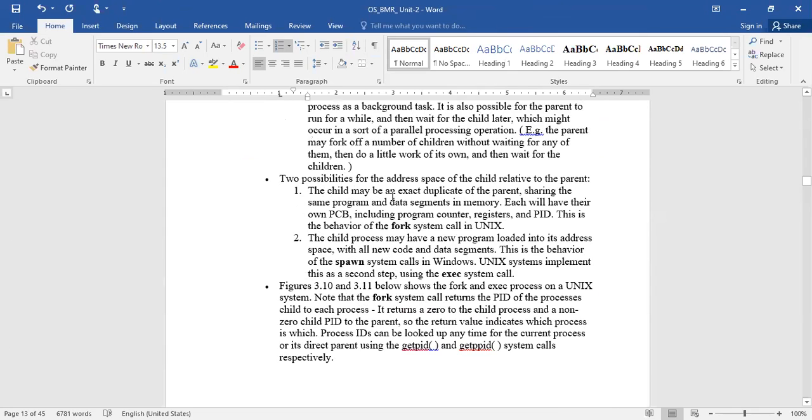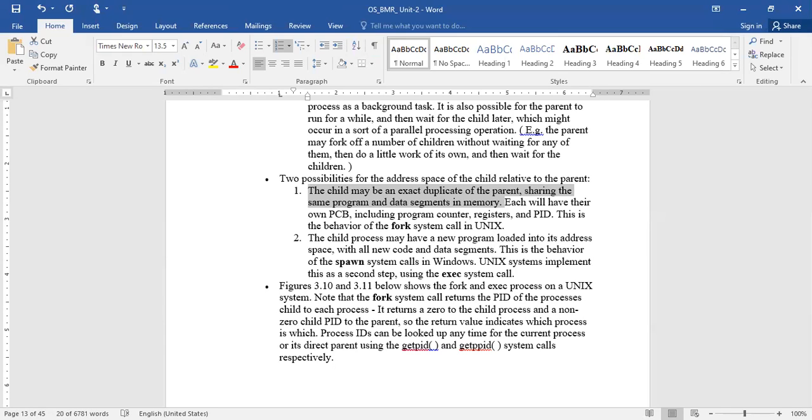The child may be an exact duplicate of the parent. It's very important that all of you understand this point. The child may be an exact duplicate of the parent, sharing the same program and data segment in memory. Whatever memory address space was allocated for the parent and whatever CPU registers are used, simply imagine the PCB of the parent is copied into the PCB of the child, just duplicating.